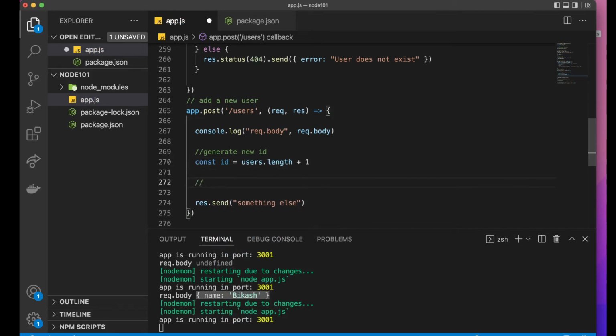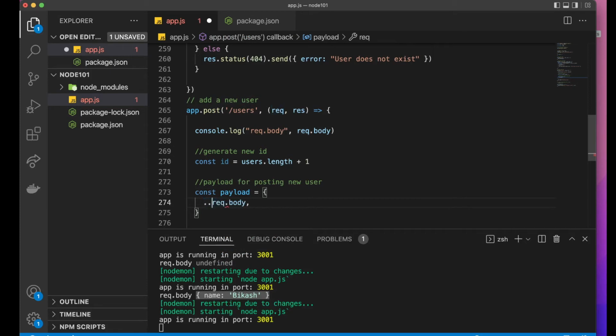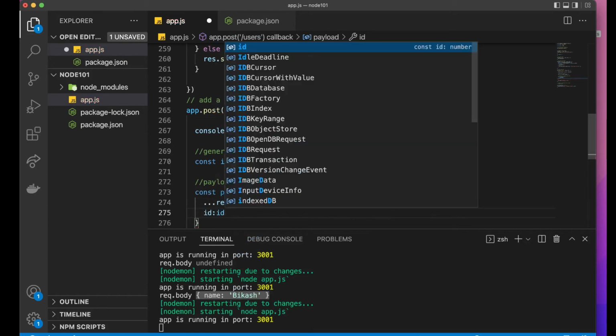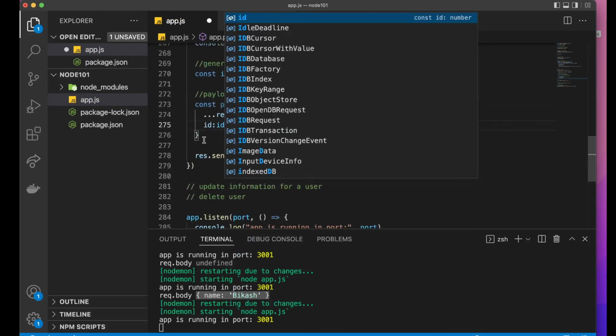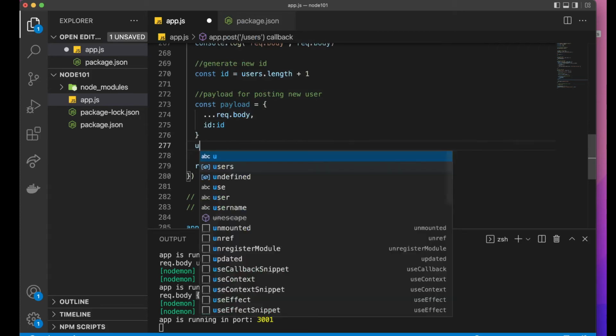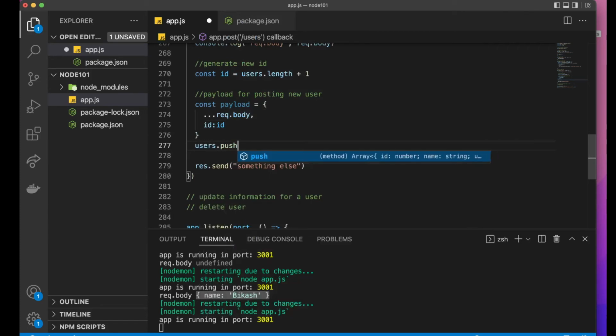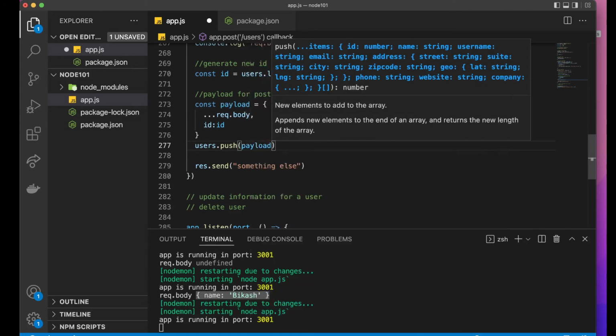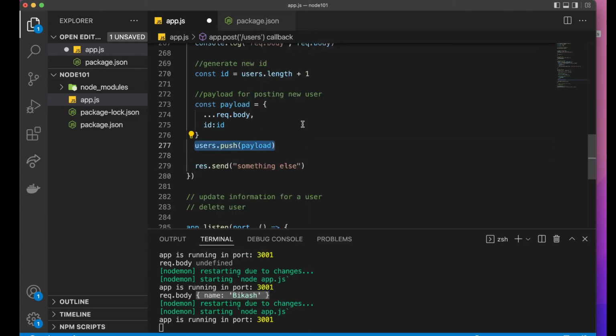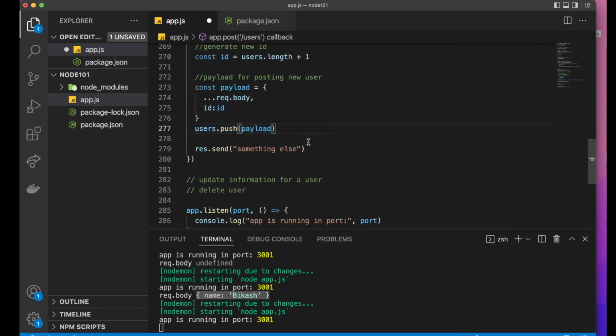Now let's create a payload for posting a new user. This payload will have whatever we get from the request body, and then we will also have an ID, and that ID will be this ID. Okay, now we have a new user, and then we can save this user with users.push and then payload. So this way we added this new user to our array, and then we can send